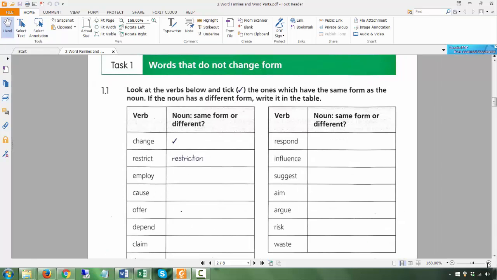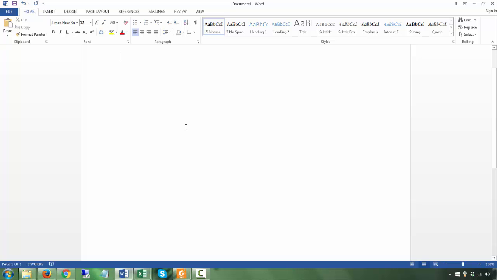So this is about words that do not change forms. In the previous chapter, we learned that some words have only one word class, like restrict. That's only a verb, right? Whereas some words, like study, it's a noun and also a verb, right? So in this task,